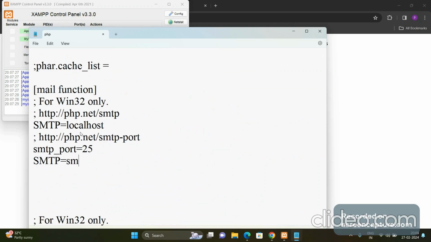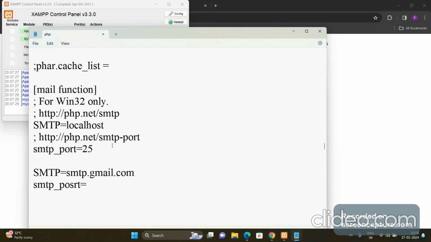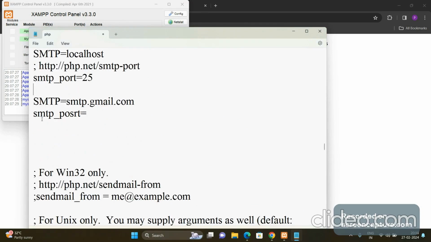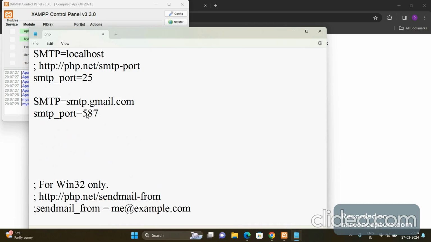Here we are going to use smtp.gmail.com as our domain, and I am changing the smtp_port, which is by default 25 over here. I am not changing anything in the original file. I am changing smtp_port is equal to, suppose I am using 587 for the port, and